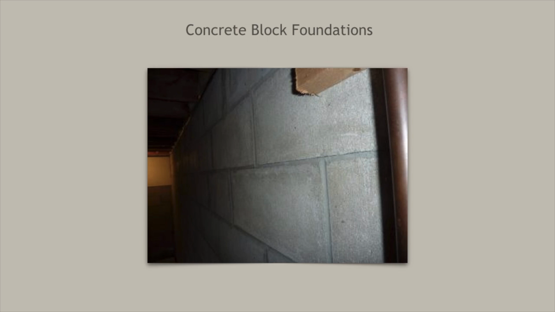Concrete or cinder block foundations. Similar to brick foundation construction, blocks were laid against one another with mortar in between them, and then built in layers of courses or rows to create the foundation. Concrete blocks are made approximately 8 inches in height, 16 inches in length, and either 8 inches or 10 inches